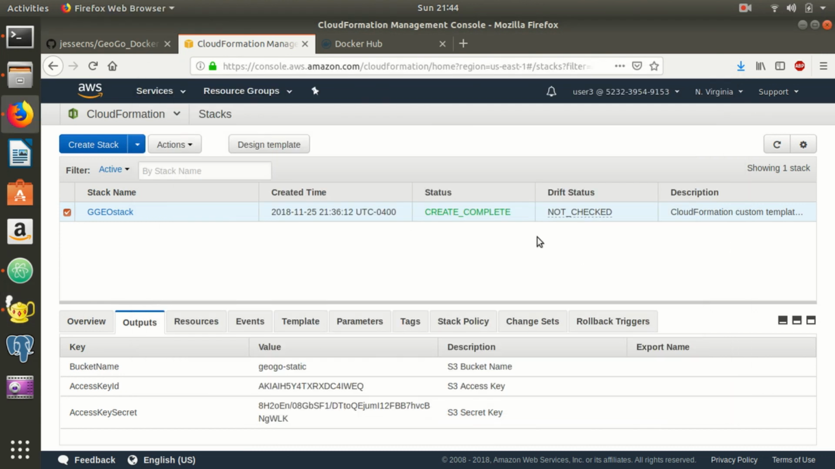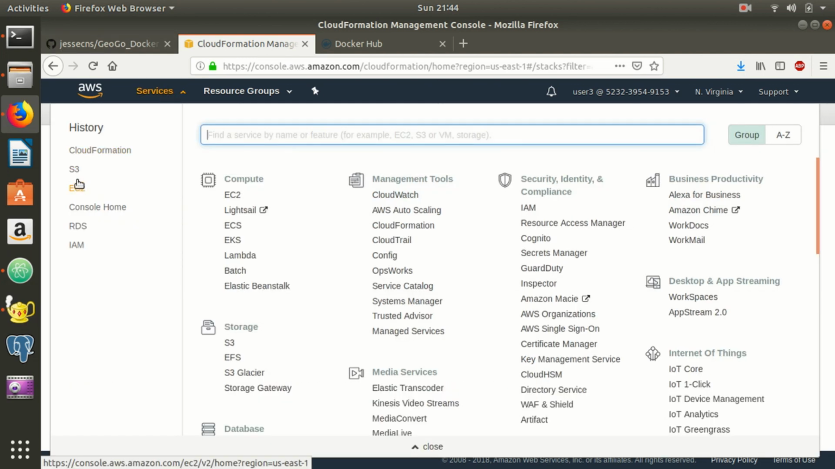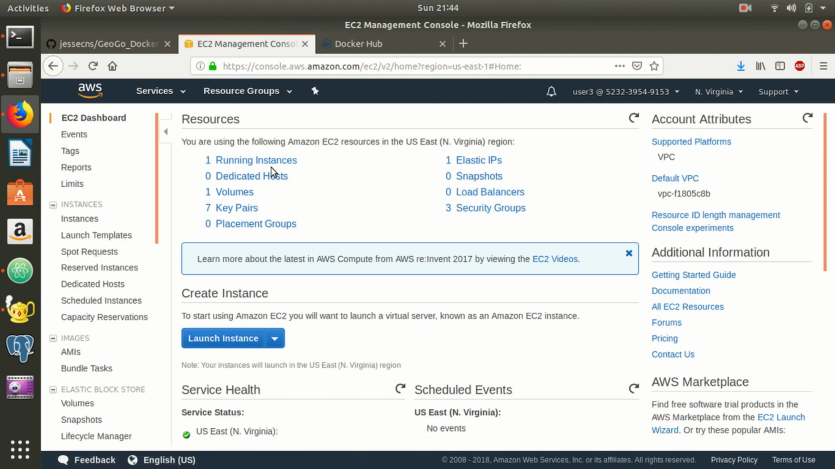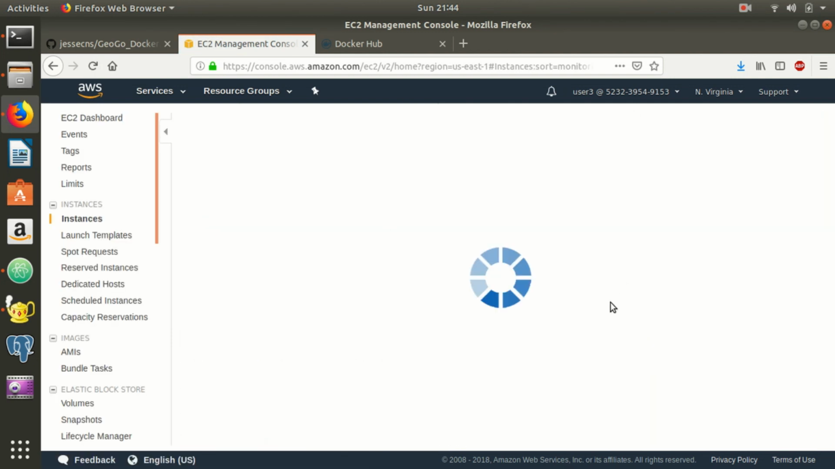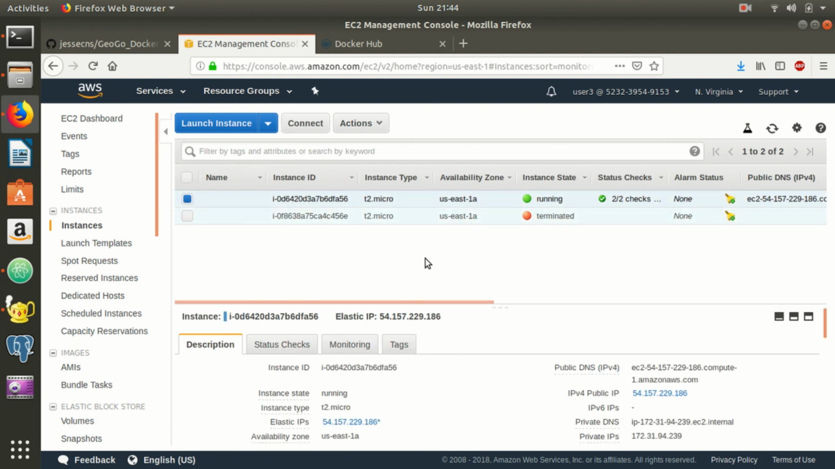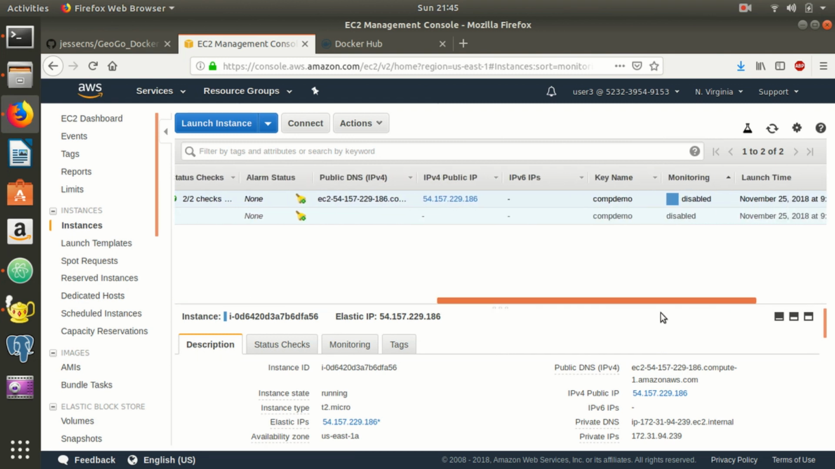Okay, so while we're on the console, we're going to head over to our EC2 instance. We're going to grab some information from here. So click on running instances. There's one there. Okay, so our T2 micro is running. We can double check our